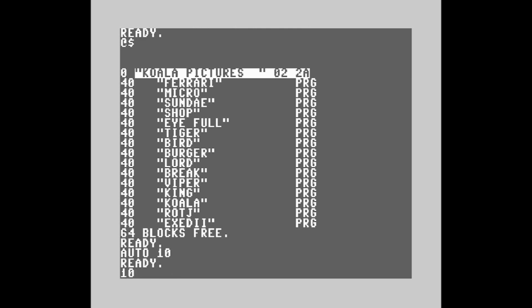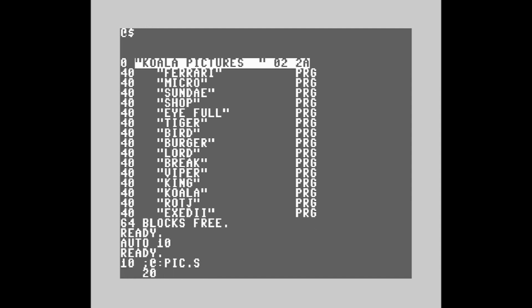And the first thing I'm going to do is introduce a comment. Comments, of course, start with a semicolon. And we're going to put an @pic.s. This defines the file name of the source code we are working with. So later when we save it, we can just use the up arrow key to save it instead of trying to remember the file name. That's really useful when you have multi-file projects,